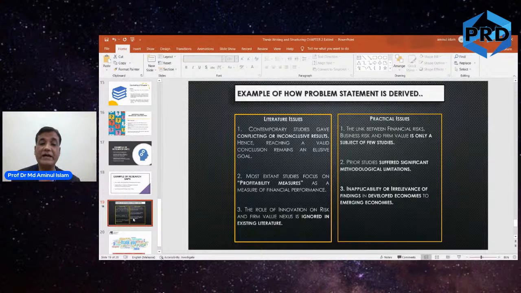Then you may say that most of the existing studies focus on profitability, for example finance, and ignore non-financial performance. So you may definitely take it as an example that there is a gap there and you would like to fill that gap. So that is an example. When it comes to a mediating or moderating variable, you have to highlight again what has been done and what is so significant for you to take that variable as a moderating or mediating variable. All right, so that summarizes chapter 2.